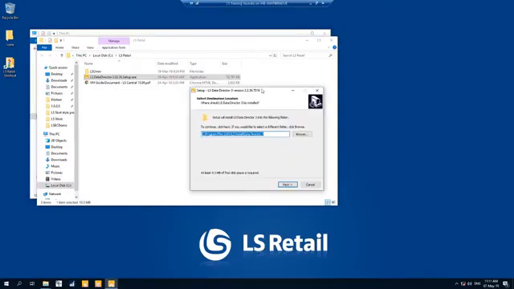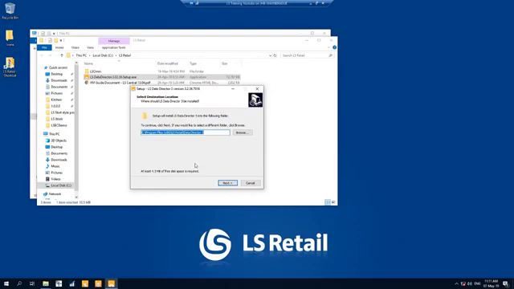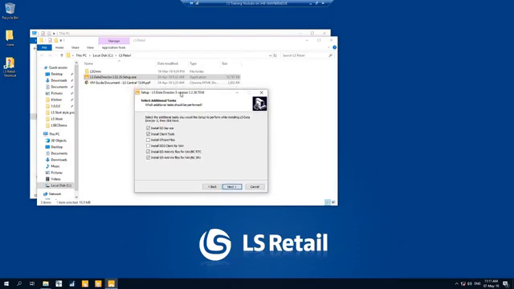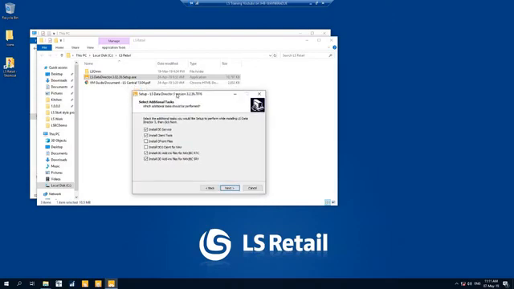We're just going to run through a few setups and explain a few things. So we're going to leave this as it is, the default path, C program files 86 LS Retail Data Director 3. But on our next page here, there are a couple of things that I want to explain. I see that it's already populated some of the default ones it's wanting to install. So depending on environment, so let's say if you're running Nav or Business Central, that obviously